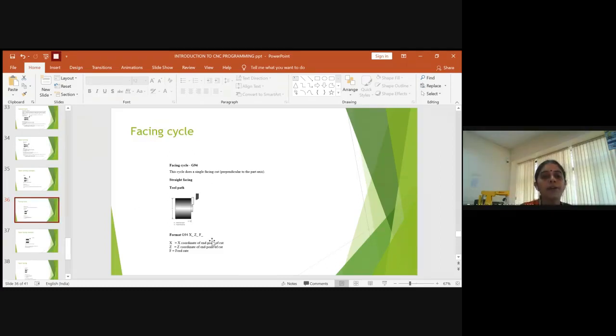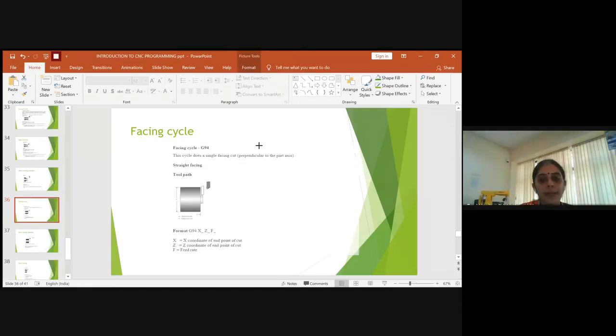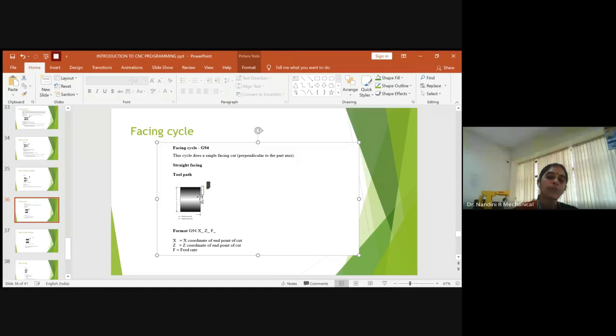Similarly, if you want to do a facing operation, which code do we use? The facing cycle is done by using G94. Okay, so if you type G94, it does the facing operation. Only across the face, it will remove the material until you get a smooth finish and whatever constraints you have applied to it.